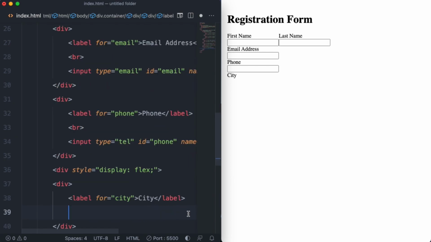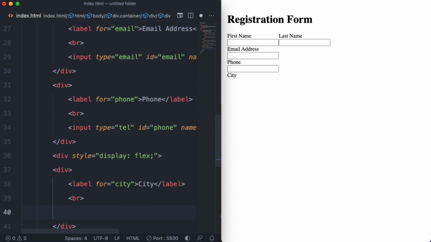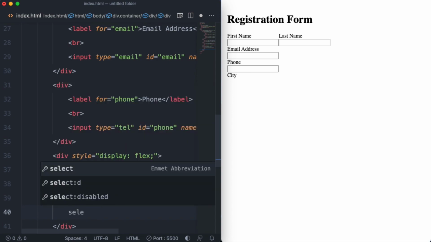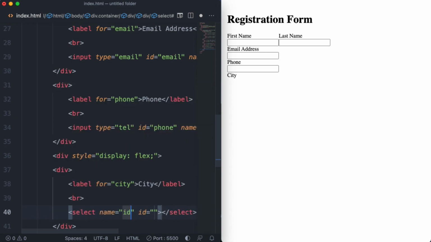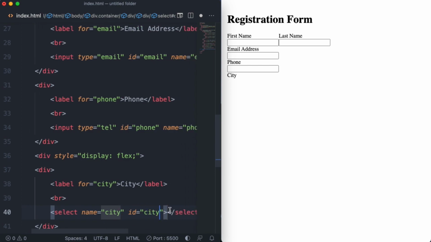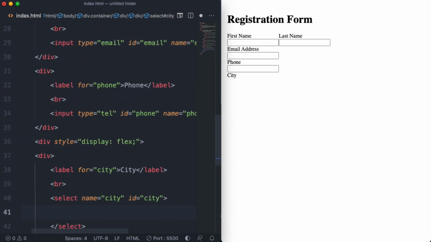Now we'll create a BR tag, but instead of creating an input tag, we'll create a select tag. We can set the name to city and the ID also to city. So inside of our select tag, we want to add options for our drop-down menu, which can be done by using an option tag. So we can create an option tag,